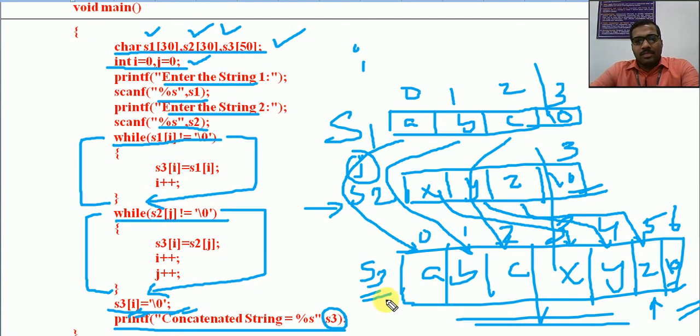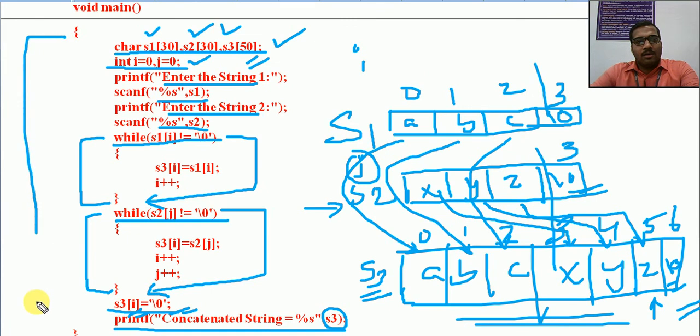Now S3 is a string which has a length of 1, 2, 3, 4, 5, 6. 6 is the length of S3. Okay, so this is fine because we have already reserved 50 different space locations for storing the string. So this is the program used for